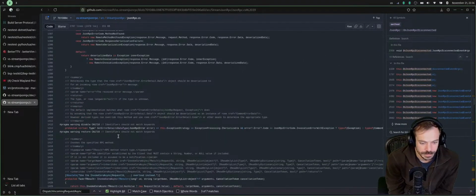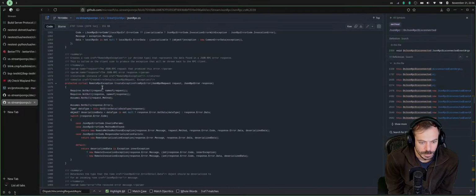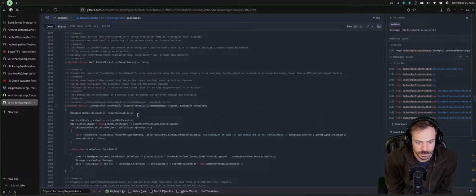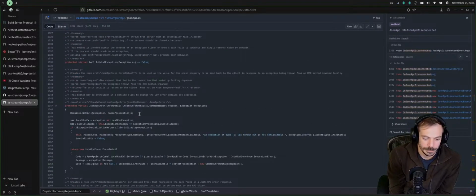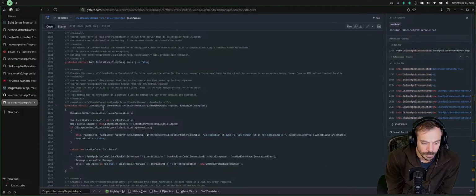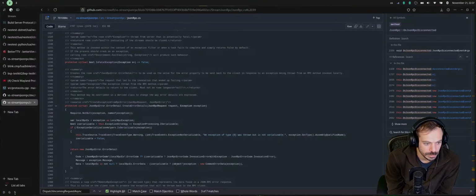Trying to find a place where I can hook in and just quit this JSON-RPC handler and return the one exit code 1.